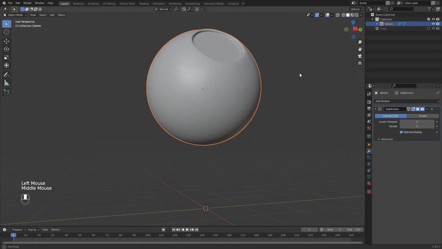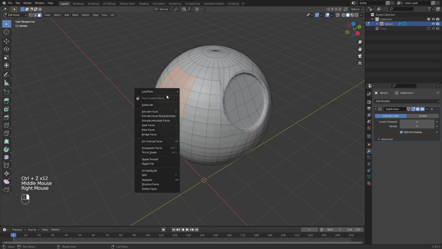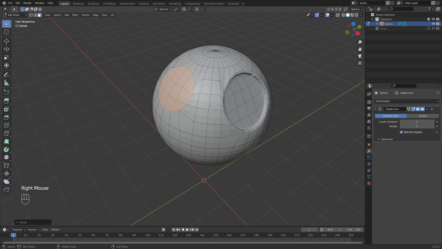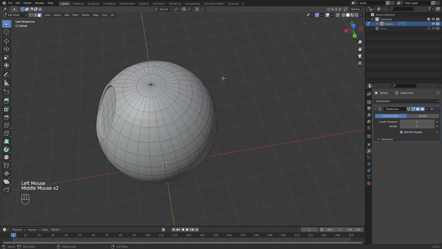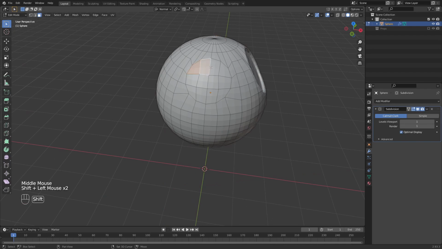And for the arm sockets, the process is very similar. Now for the arm sockets, go into edit mode again and then select these faces right here. And then right click under the loop tools and click circle. Now do the exact same thing to the other side. After that's done, select both circles